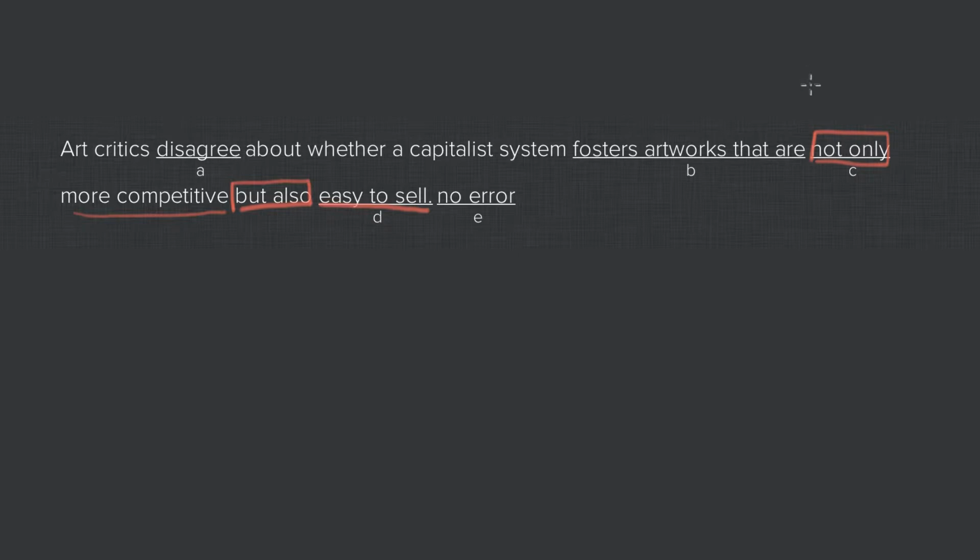One, are the parallel markers legal? So we have "not only, but also." Is that legal? The answer is yes. There are many ways to use this incorrectly, but this is the correct one. "Not only, but also." So C is not the right answer, because this is correct. You should also, by default, check the parallel elements to make sure they are things that can be parallel to